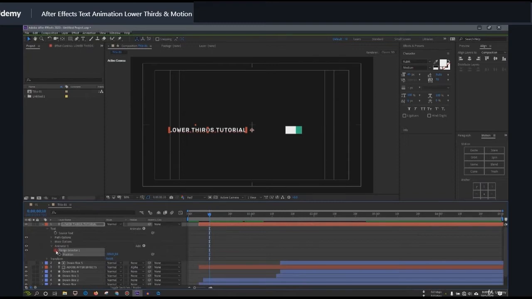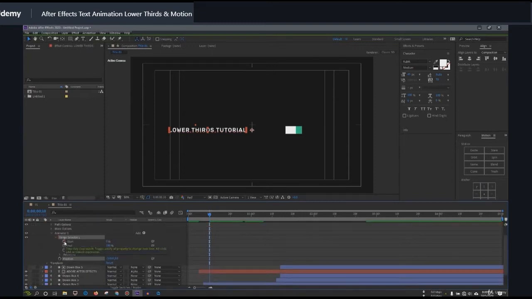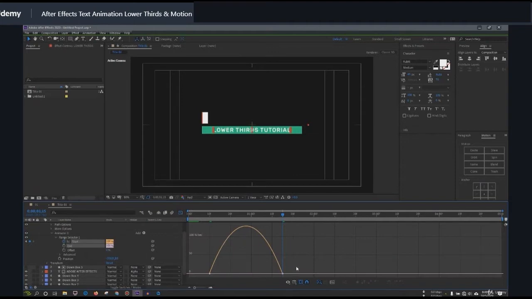Now open this range selector and create a keyframe with a start value at 10 frames and move it to 1 second 15 frames and make it 100. And now select these 2 keyframes and press F9 and go to this graph editor, make the first value